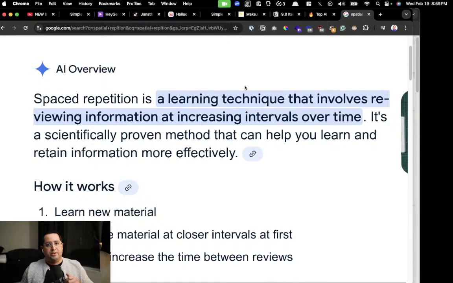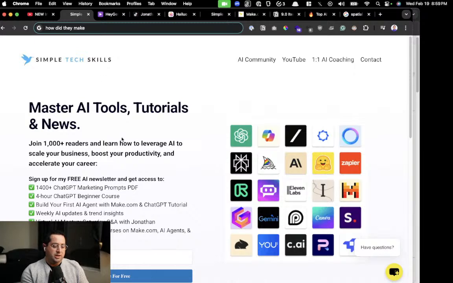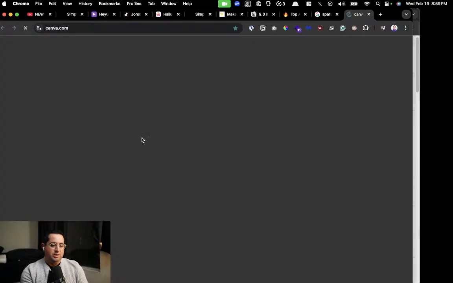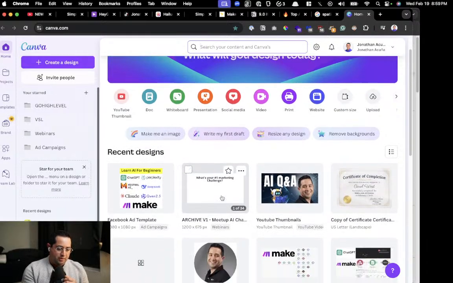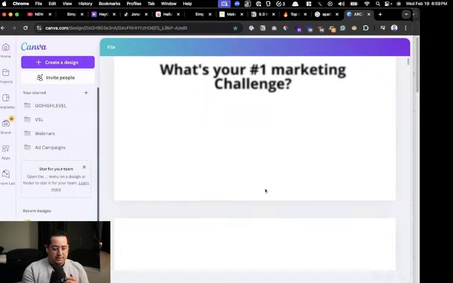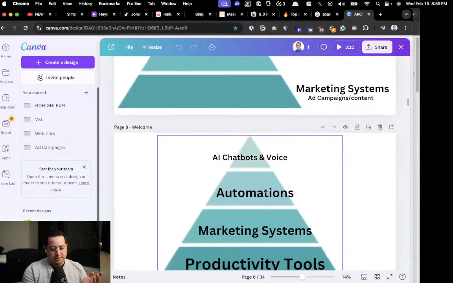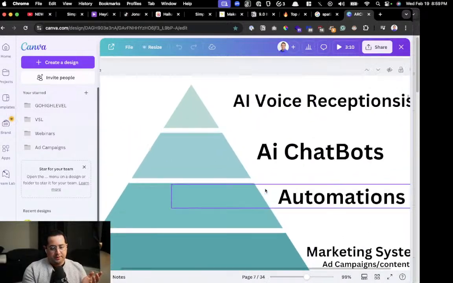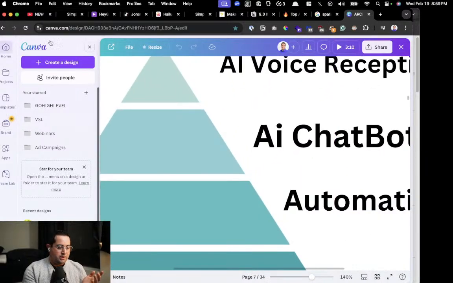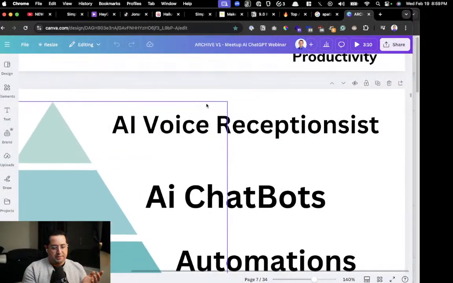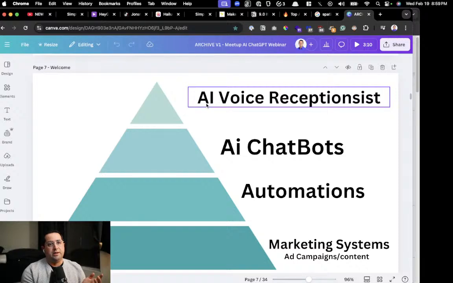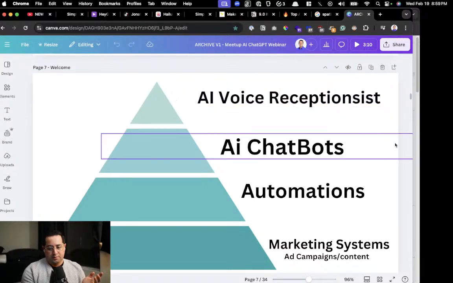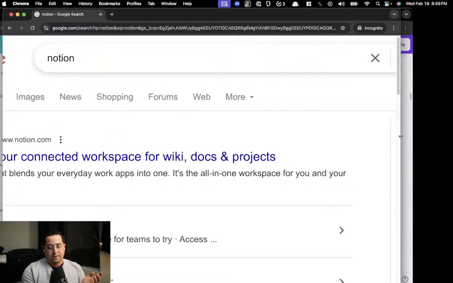Right now I'm on the path to make the best AI university for entrepreneurs, where they can get the best AI training. Let me go to Canva. I kind of came up with a framework of it, basically the 4 or 5 pillars that we're going to go through in the course. When it's all said and done, you'll have experience to build all of these AI-related things.